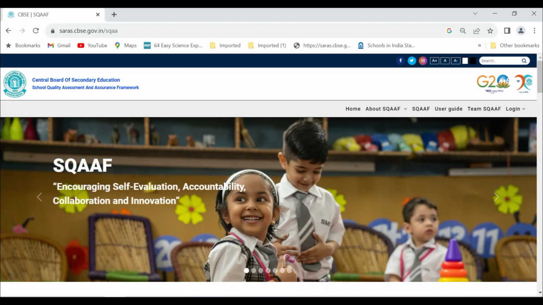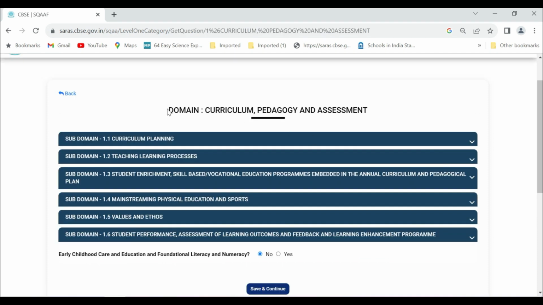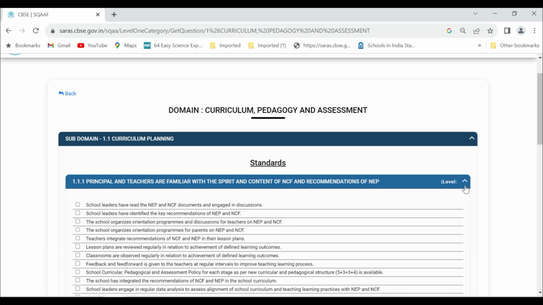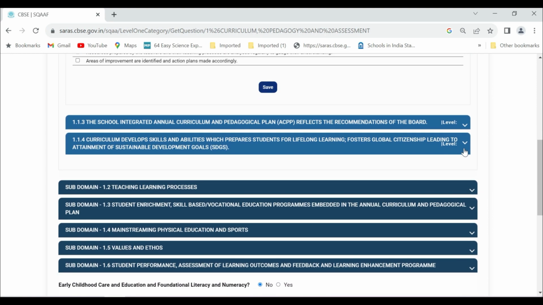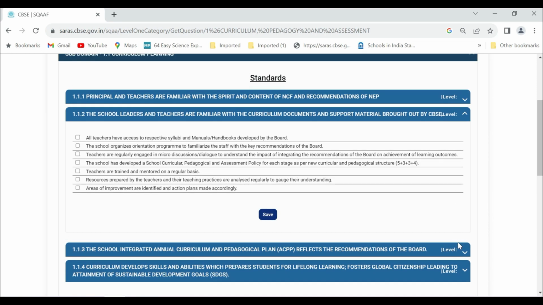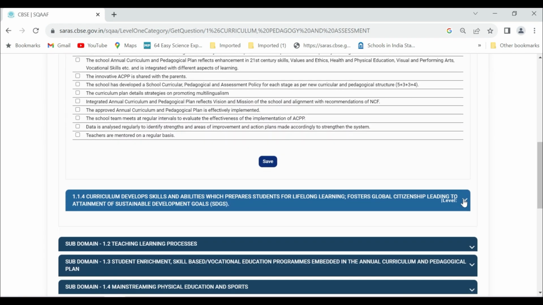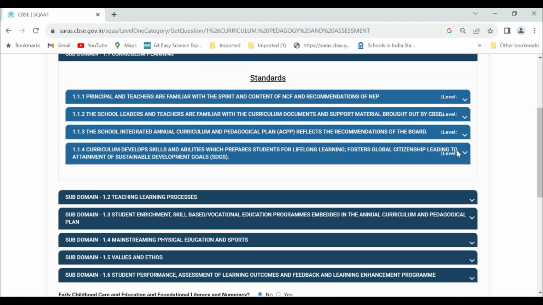When we go inside the portal, we can find 7 different domains and their subdomains. The portal has a list of standards in each subdomain. We need to ask ourselves whether we have a system in our school to maintain the standard or not. If yes, what's the document we have to track the process of improvement? If not, please make a note of the standard for which we need a plan to implement and track the performance of a particular standard, including the deadline to achieve it.